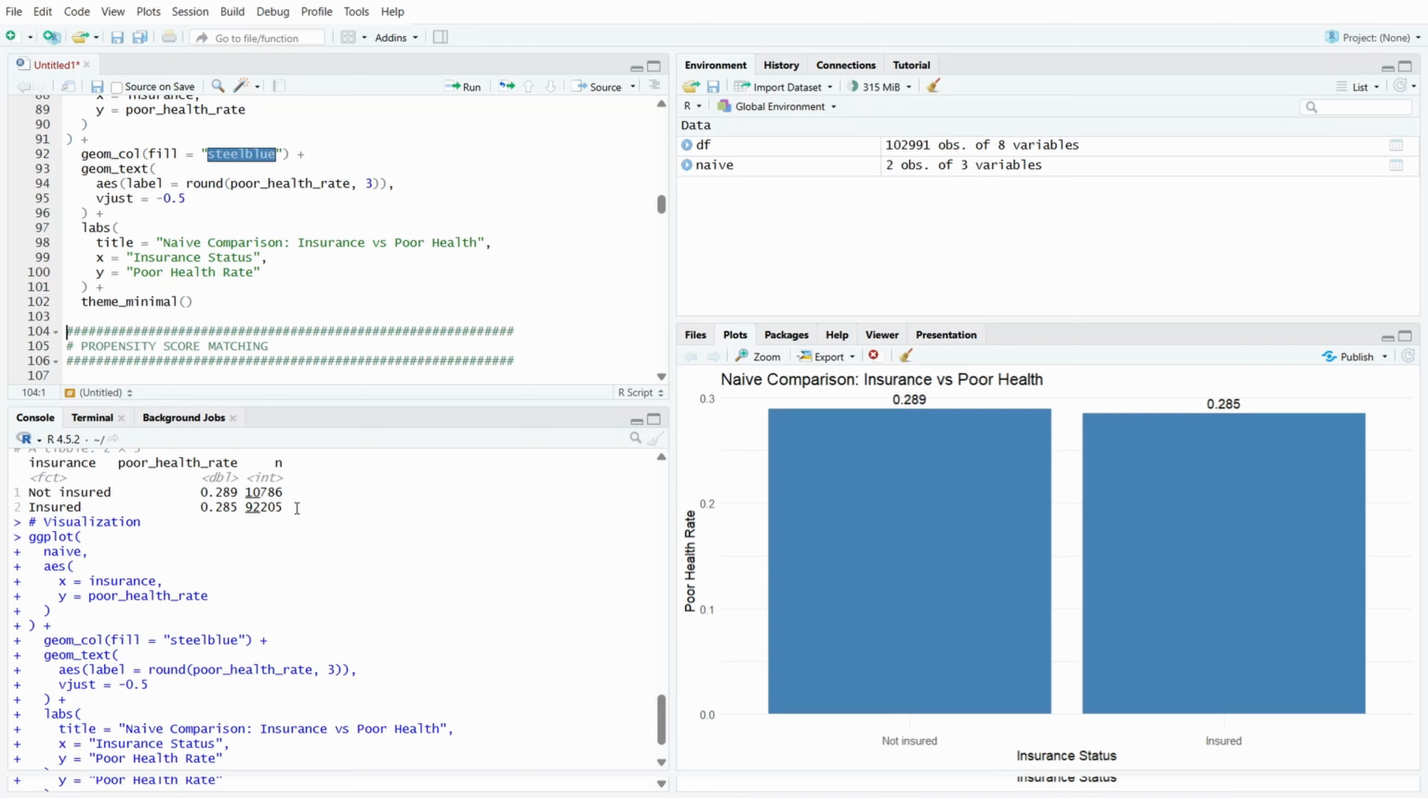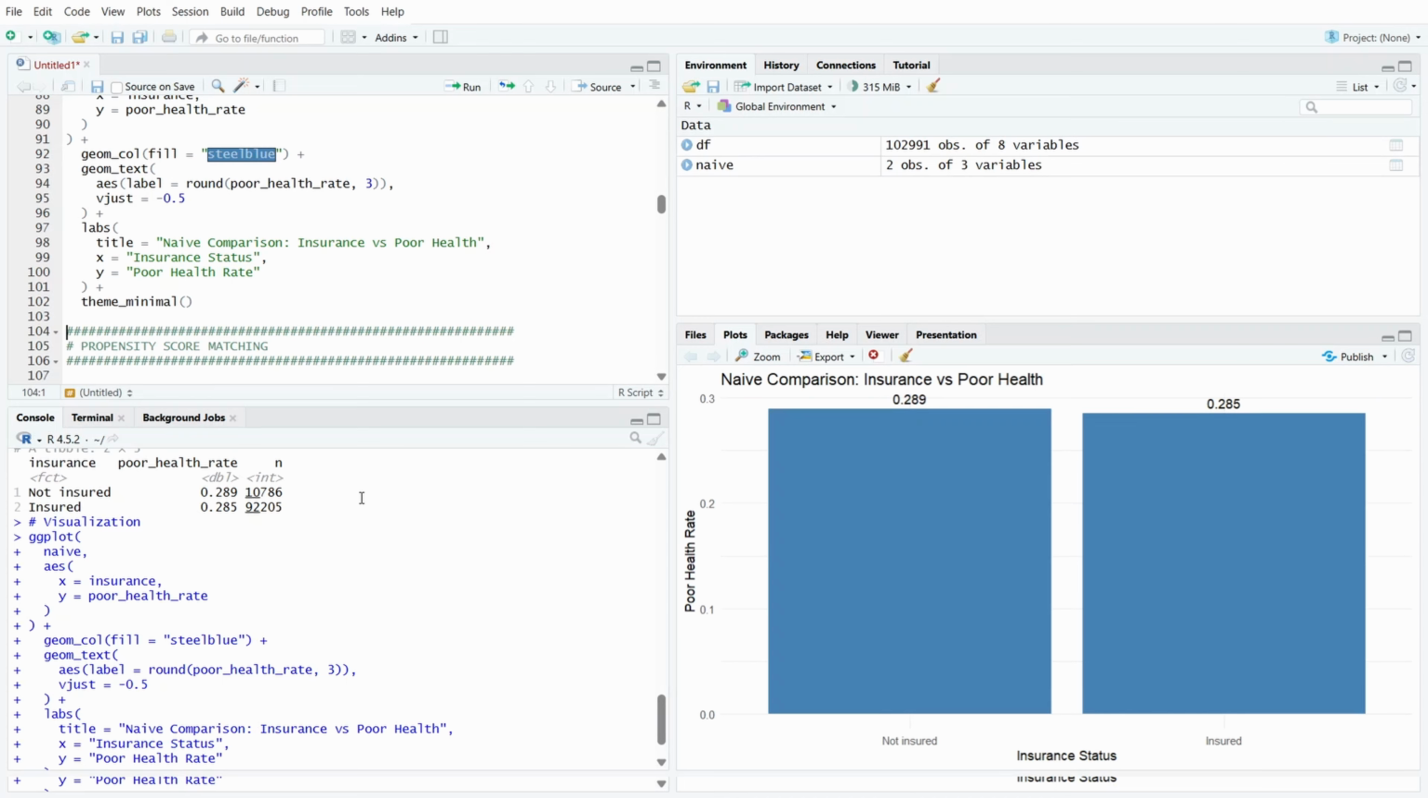At this point, it is important to emphasize that this comparison is completely unadjusted. We have not yet accounted for important confounding variables such as age, income, education, sex, or employment status. As a result, we cannot interpret these raw differences as causal effects. For example, insured respondents may differ systematically from uninsured respondents in ways that influence health outcomes independently of insurance coverage